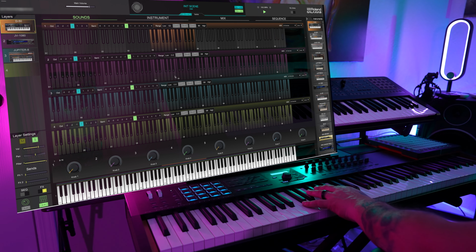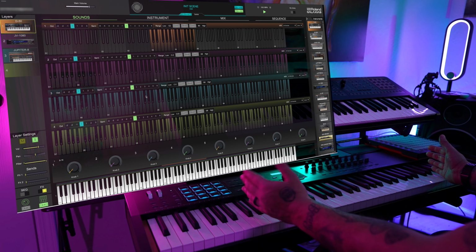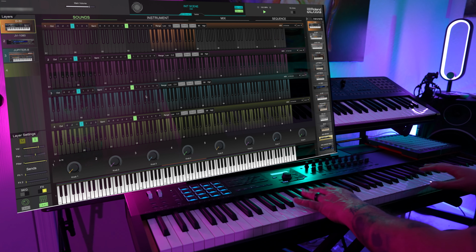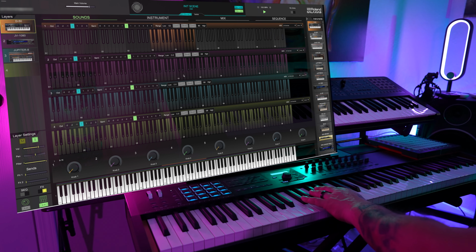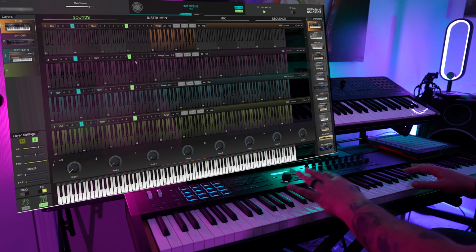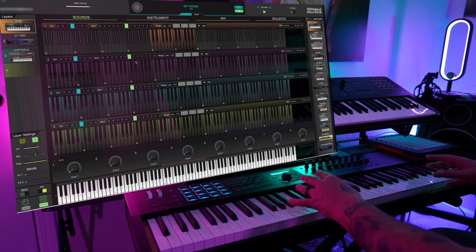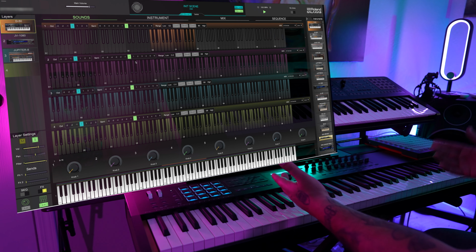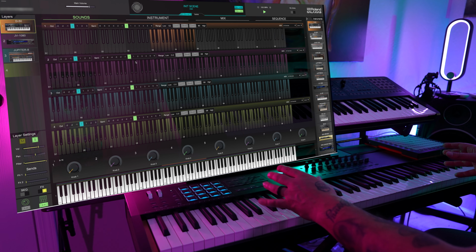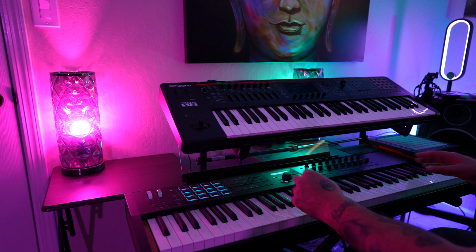Okay, and you can do this for each section, so you can build and/or blend different zones onto your keyboard. That way, every scene that you create has its own sense and build to it. There's a couple of ways that I can see this function, and if you're familiar with the